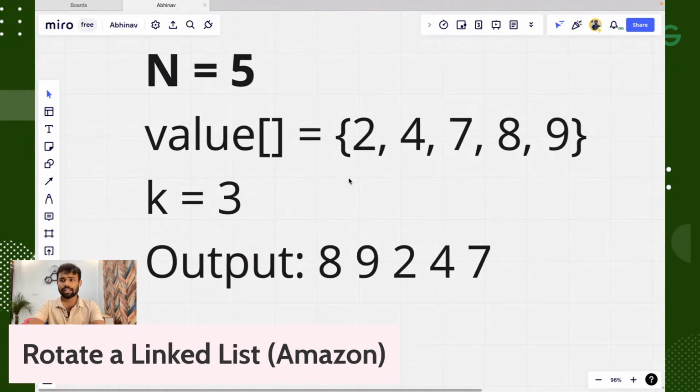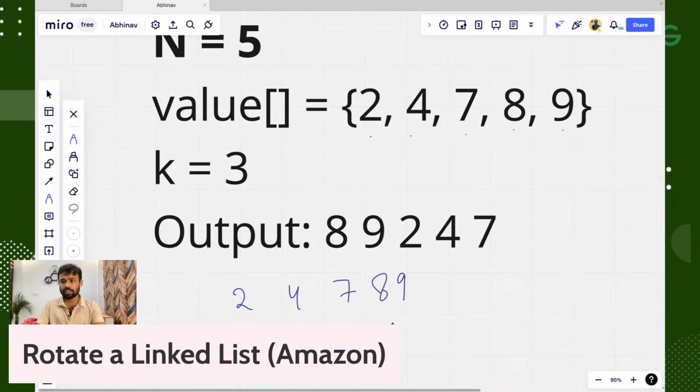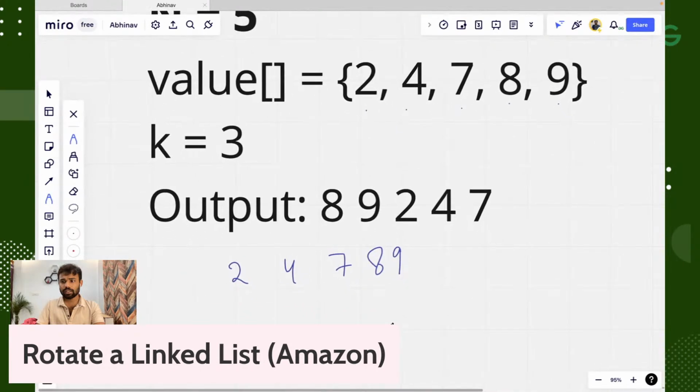This is the example case you can see, where we are having these values, which is nothing but 2, 4, 7, 8, 9. It is just like an array. And if we will ask you to rotate this array,